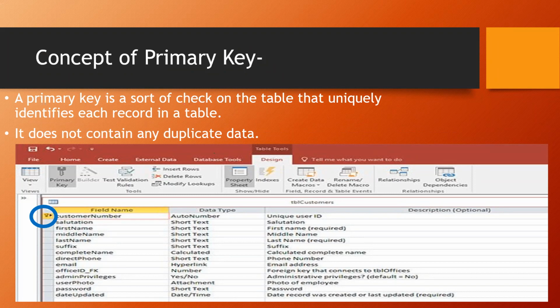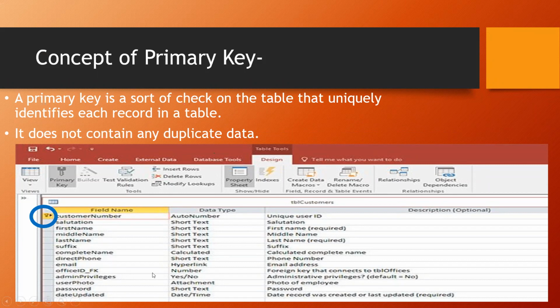Beta, understand this very carefully. Primary key is that column where everything will be of one kind only. That means, for example, I say roll number. Will there be any two 216 roll numbers? No. But if I'm taking the case of your first name, there can be two Amit in your class. All right. So this is a possibility. But in roll number, you will always have unique things. Unique means no duplicacy. Everything is unique. So that is your primary key.